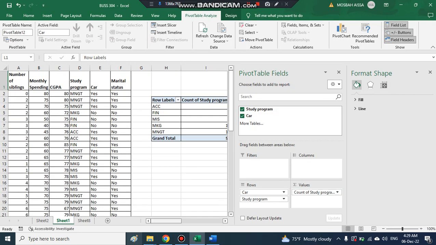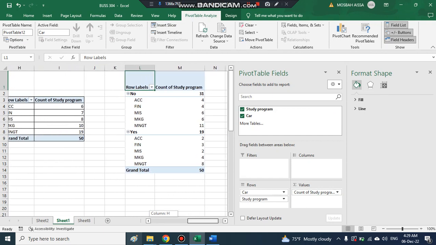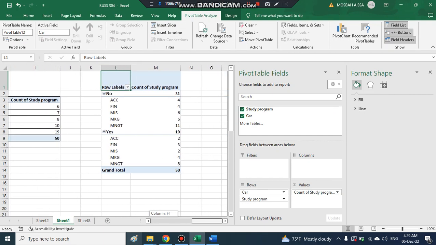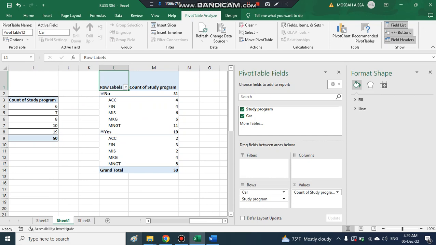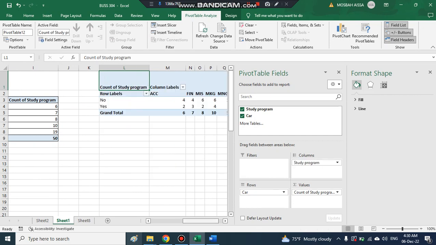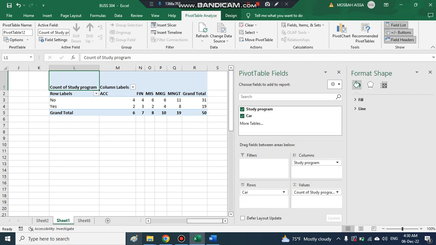And by doing this, I would have my table. It looks like this. Study program, if I bring it here, alright, so